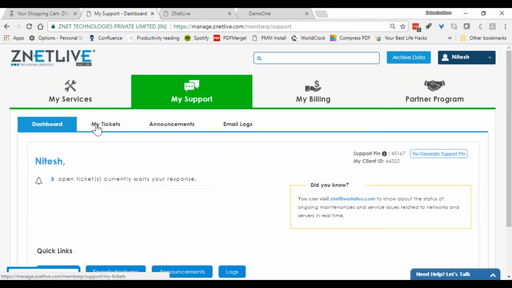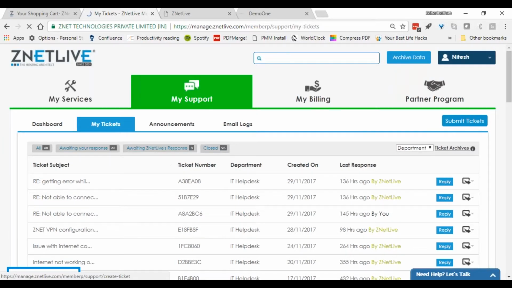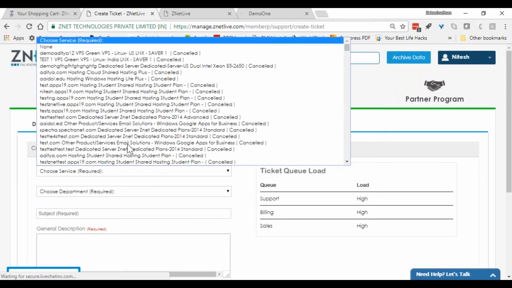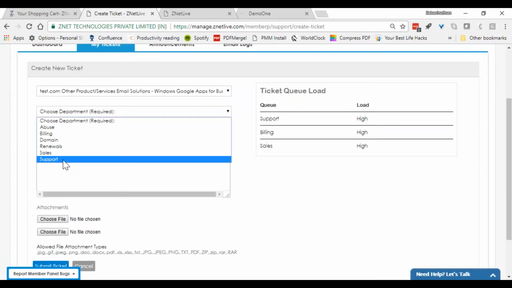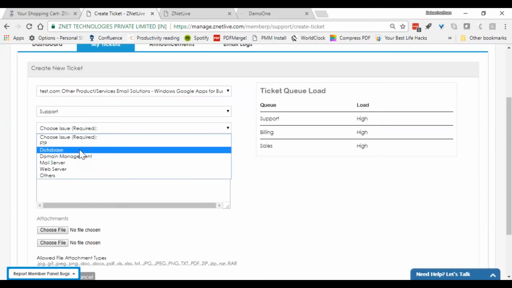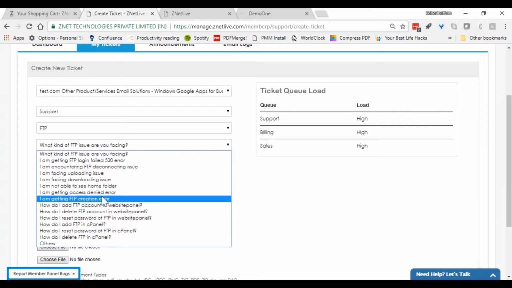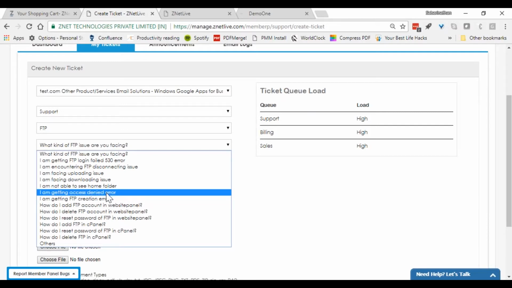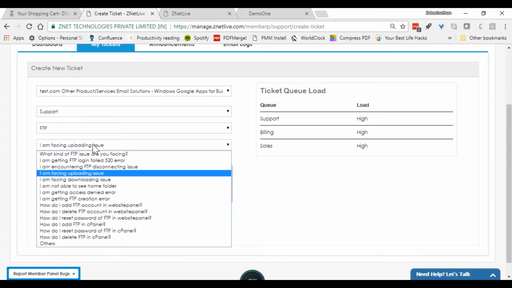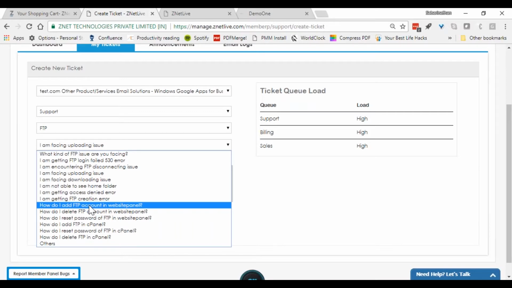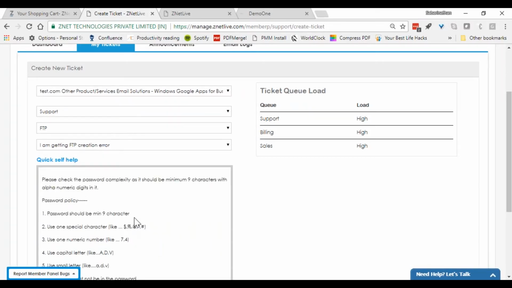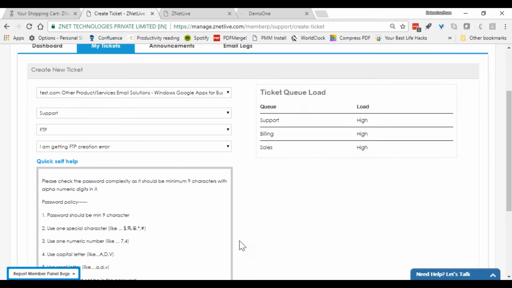Then the other important aspect is being able to get the customer to submit support tickets. For example, customer says, I have a problem with this particular service, and he's logging a support ticket. He's saying, I have a problem with FTP. And RackNav is able to offer a predefined set of knowledge-based articles to say, hey, what kind of issue are you facing? Are you facing an access denied error? Or are you facing an uploading issue? So RackNav is able to get help for him in a predefined way, and this particular option can be completely controlled by you. You as the CSP, you have complete control over defining these KB articles and knowledge base, etc.